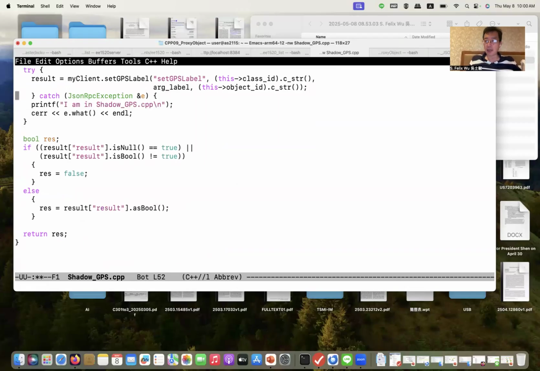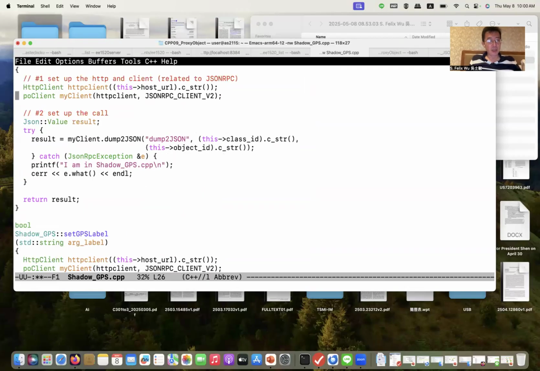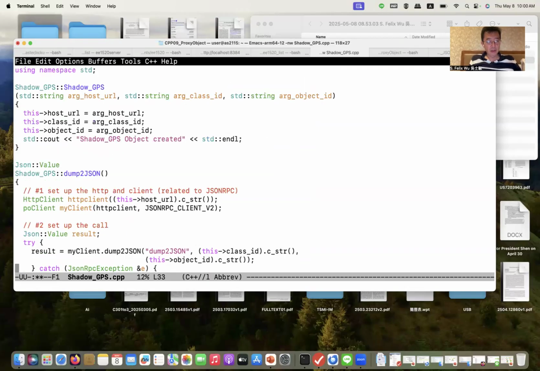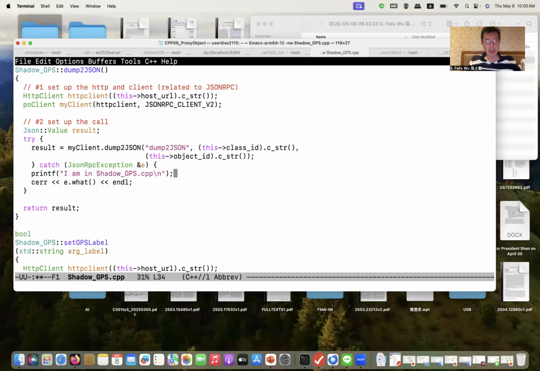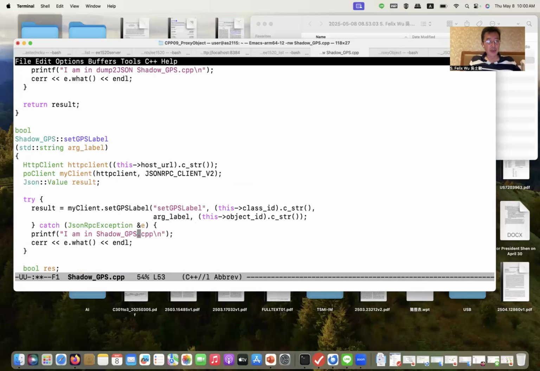For each of the functions I put it here, maybe I just put two more to be explicit. I'm saying "I'm in dump to JSON, shadow gps.cpp". Over here, I'm going to say "I'm in set GPS label"